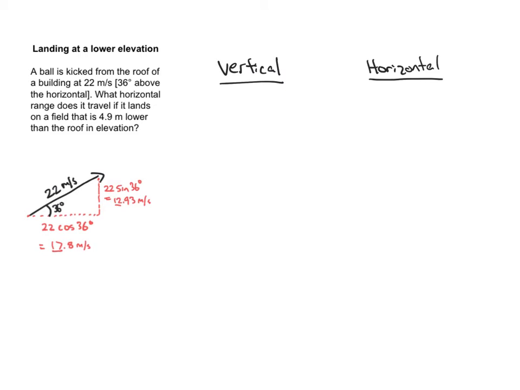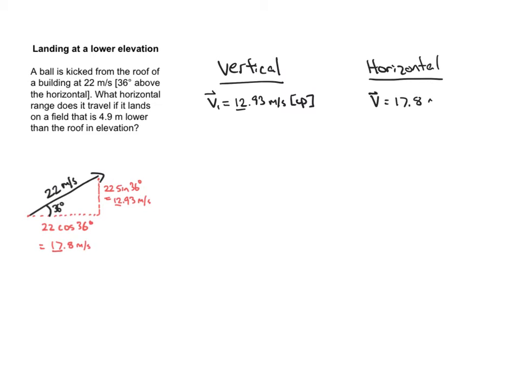So those two components of the velocity, I'm going to go ahead and record those underneath my headings there. So the vertical one, I'm going to write V1. So my starting vertical velocity is 12.93 meters per second up. And my horizontal velocity, V, equals